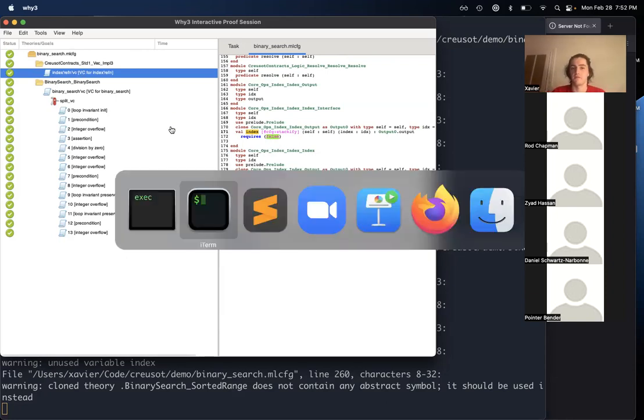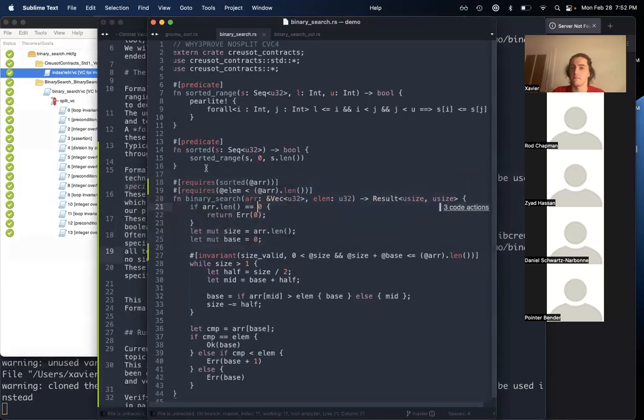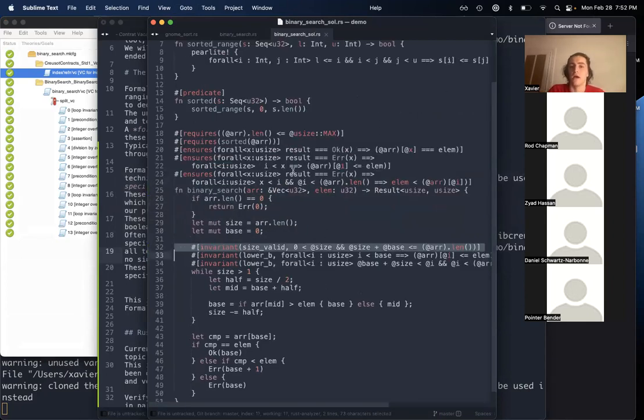We don't actually say anything about the functional correctness of our binary search here. We don't say that we're actually binary searching, but if I could just show you, there we go. In this tab over here, I have a version where we've actually instrumented it with the complete specification for a binary search. So in particular, we state that when we return OK, then whatever index we returned inside the OK has the value of our element.